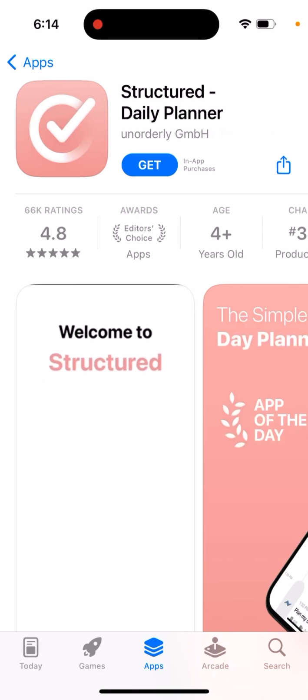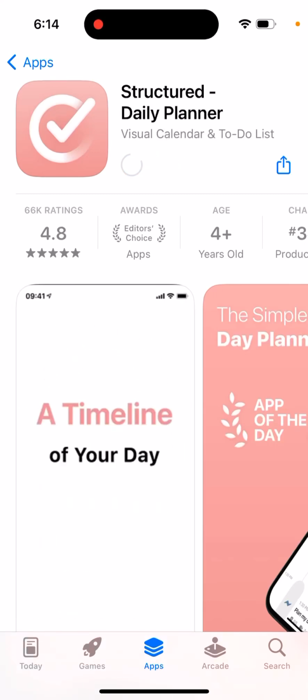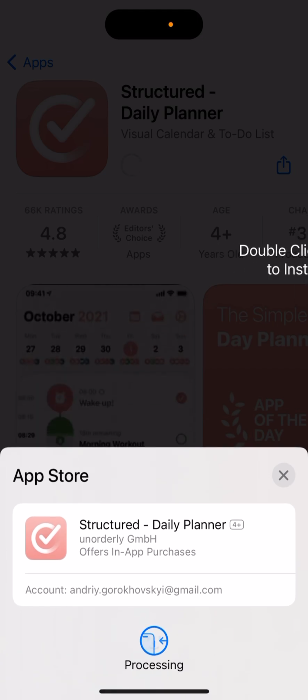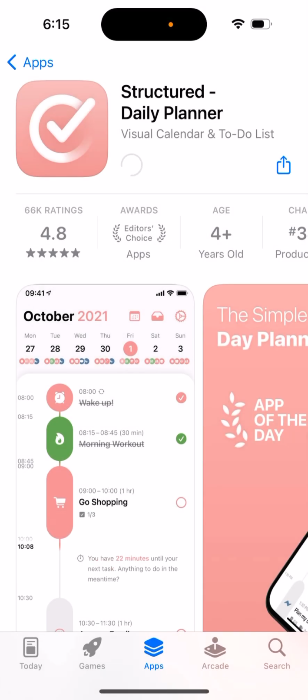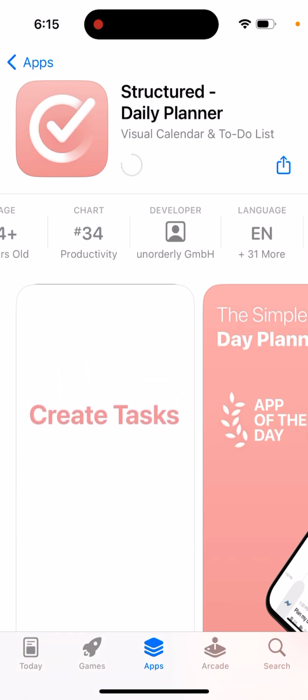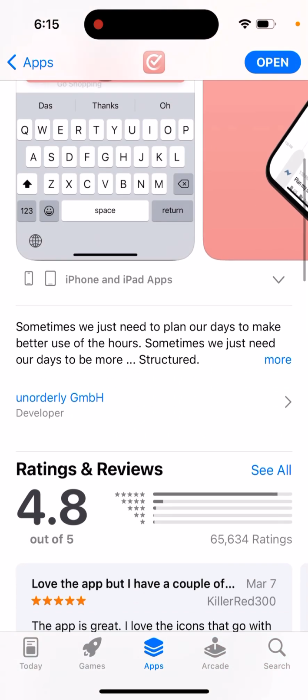Here's an interesting app called Structured Daily Planner. It's constantly highlighted as Editor's Choice in the App Store in the US. So I'm just curious to discover and go through this app with you. So let's just take a look